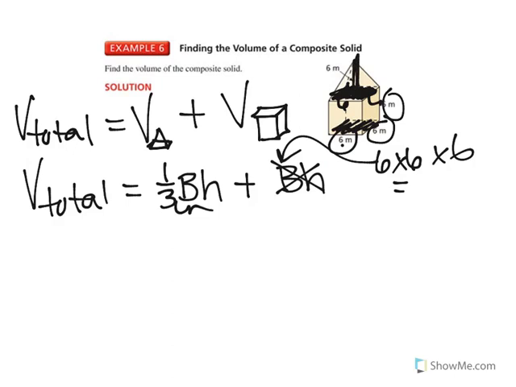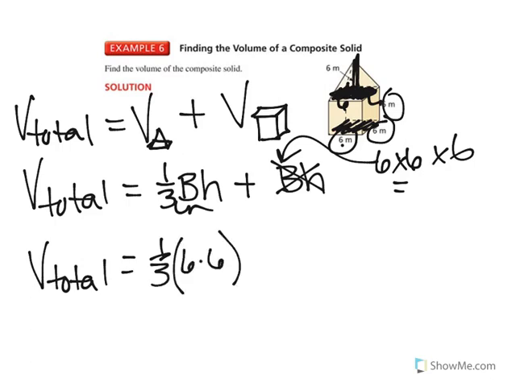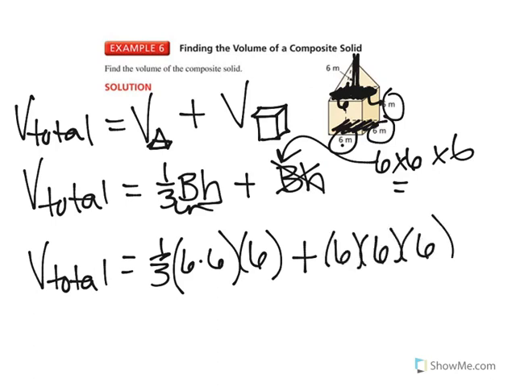So we are going to plug in 1/3, base area is 6 times 6, and then we have our height of our pyramid, which is 6, plus we have length times width times height of our prism. And so when we actually plug those all in,